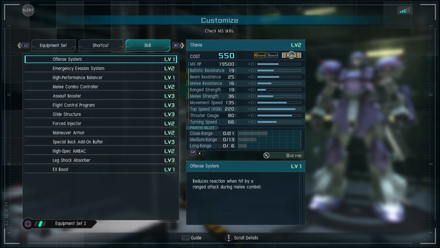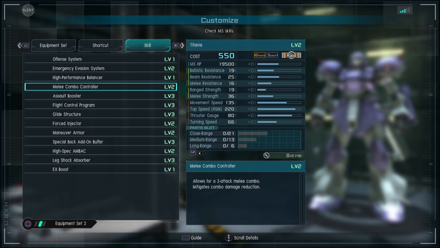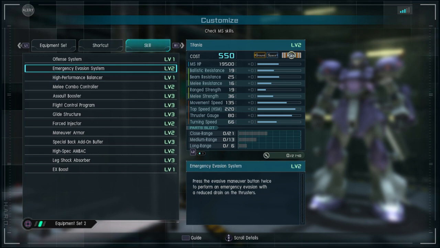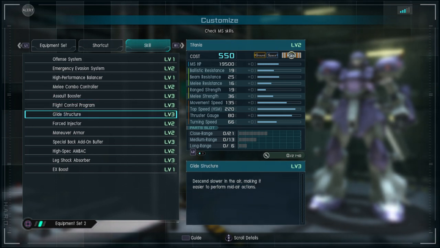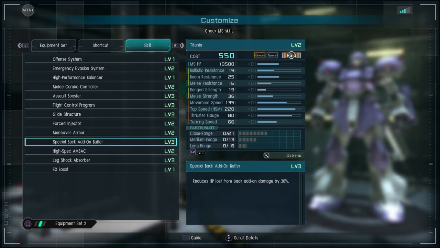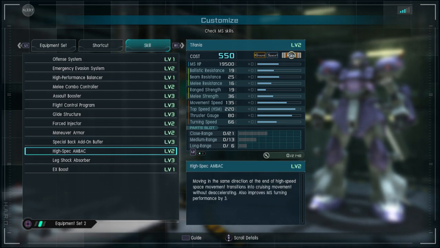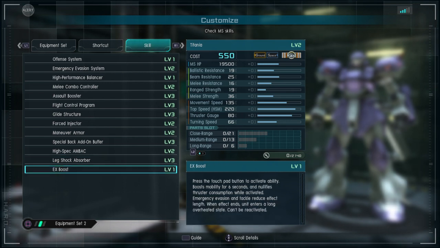And then for the skills, you do have Offense System level 1, Emergency Evasion level 2, High Performance Balancer level 1, Melee Combo Control level 2, so you do have 3 melee swings. For Emergency Evasion System, you do have a double dodge roll. You have Assault Booster level 3, Flight Control Program level 3, Glide Structure level 3, Force Injector level 2, Maneuver Armor level 2, Special Back Add-on Buffer level 3, so that's going to be for the fuel tanks on the back. You have High Spec Ambac level 2 for space, Leg Shock Absorber level 3,